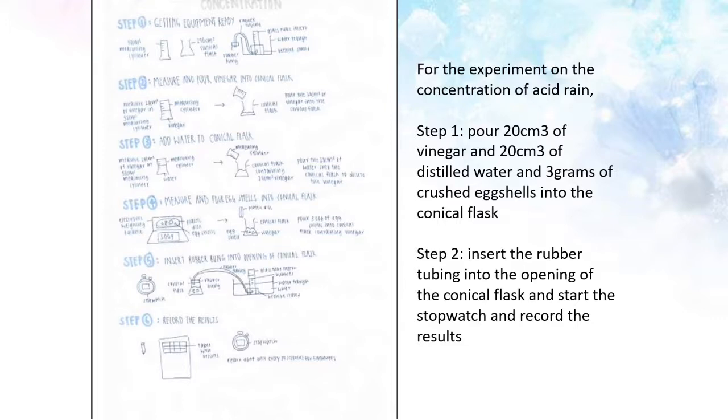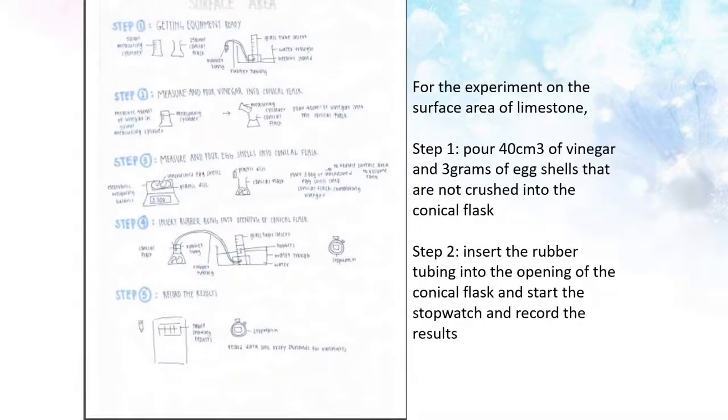results. For the experiment on the concentration of acid rain, step 1, pour 20 cm3 of vinegar, 20 cm3 of distilled water and 3 grams of crushed eggshells into the conical flask. Step 2, insert the rubber tubing into the opening of the conical flask, start the stopwatch and record the